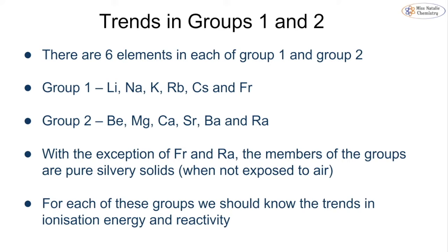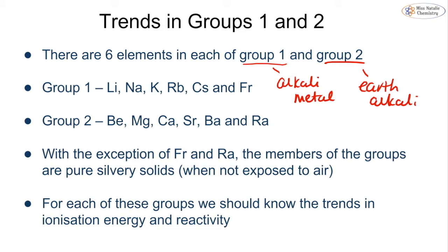So there are 6 elements in each of groups 1 and 2. Group 1 typically known as the alkali metals, and group 2 known as the alkaline earth metals. So group 1 is lithium, sodium, potassium, rubidium, caesium and francium, and group 2 is beryllium, magnesium, calcium, strontium, barium